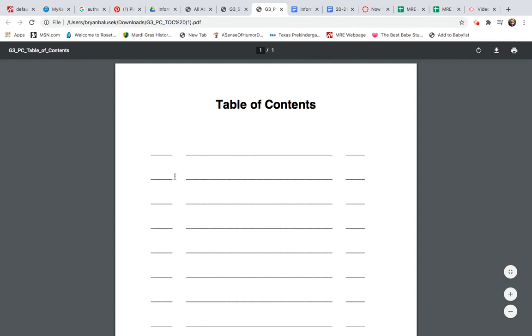Okay, so how you would do that would write like your chapter number here. So this would be chapter 1, and I would say feeding your dog. Okay, and you don't know what page your chapters are going to be on yet, so don't worry about that just yet. Then I would write chapter 2, cleaning up after them. Okay, and then in chapter 3, toys they play with, and so on. Okay, so that's what I want you to work on this week, and I want you to upload your brainstorming and your table of contents by Friday.